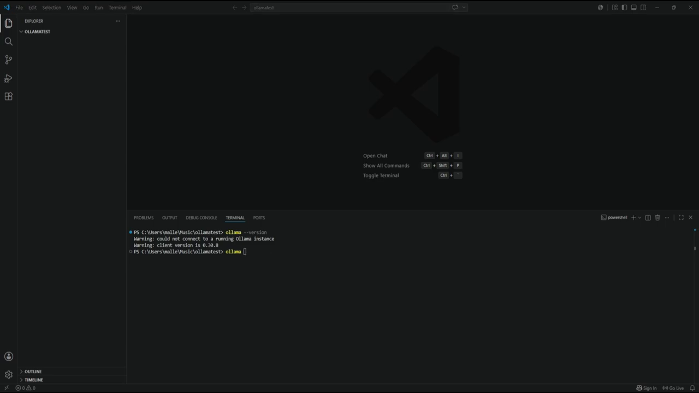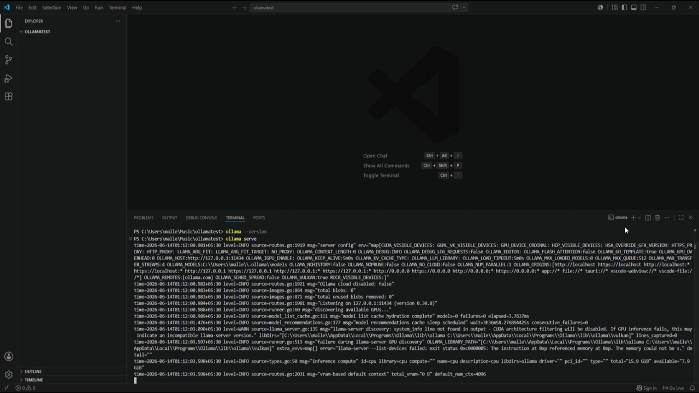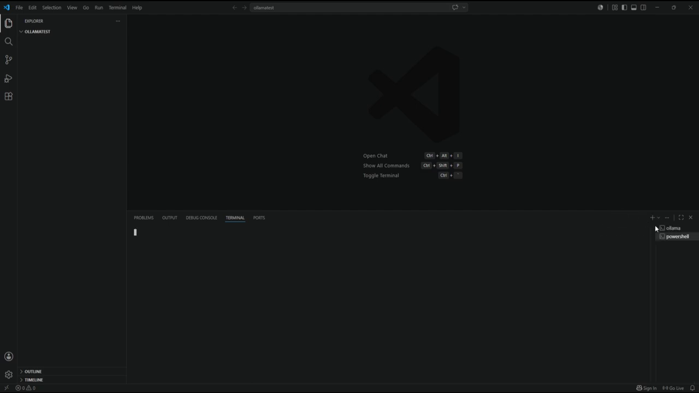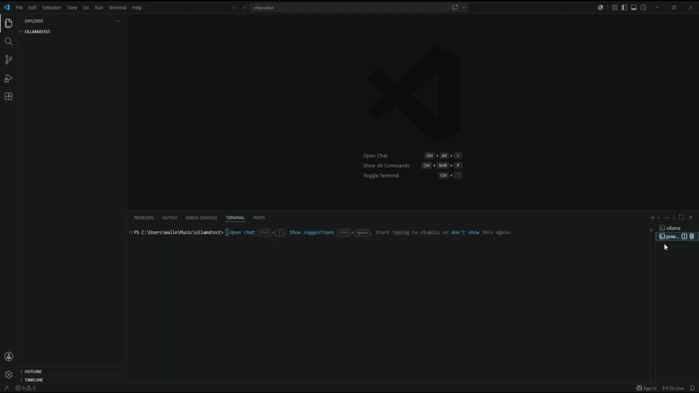To do this, the command you can use is ollama serve. Okay, so with this you can see it is running in the background as a backend engine, and we'll open another PowerShell to work with this. Since we already installed Ollama and it is currently running in the background, the next thing we will be doing is